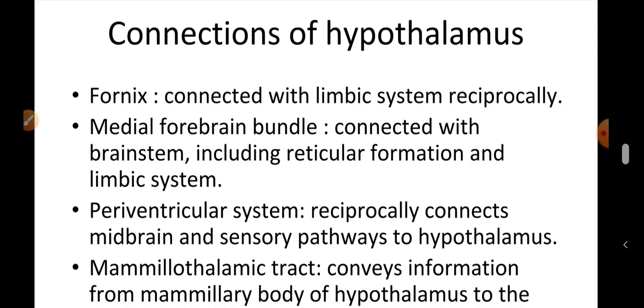In the medial forebrain bundle, the fibers extend throughout the entire lateral hypothalamus and provide the pathway through which the majority of the hypothalamic connections with other regions of the brainstem are established. So it connects the pyriform cortex, that is the uncus of the hippocampal gyrus in the temporal lobe. Also it connects the amygdala with the lateral hypothalamus. So this includes the direct amygdalo-hypothalamic fibers.